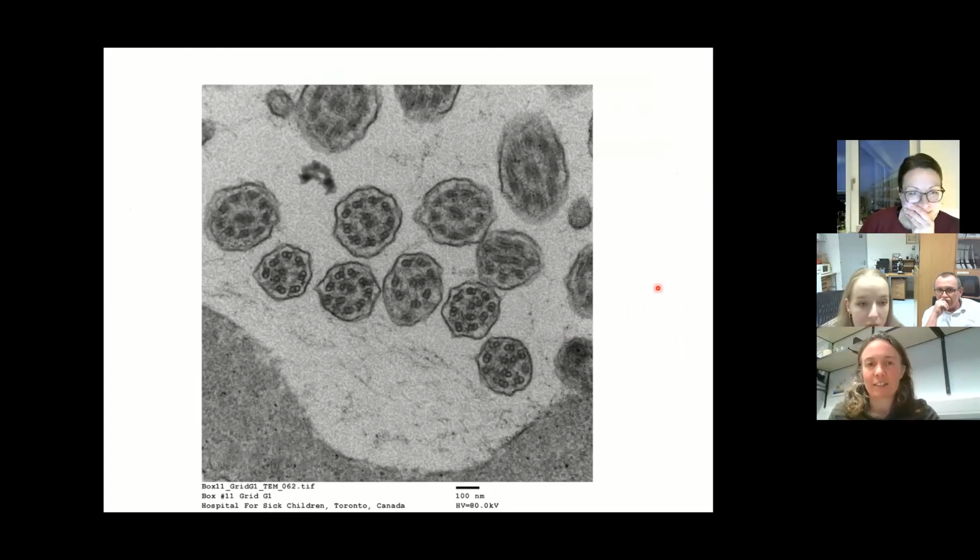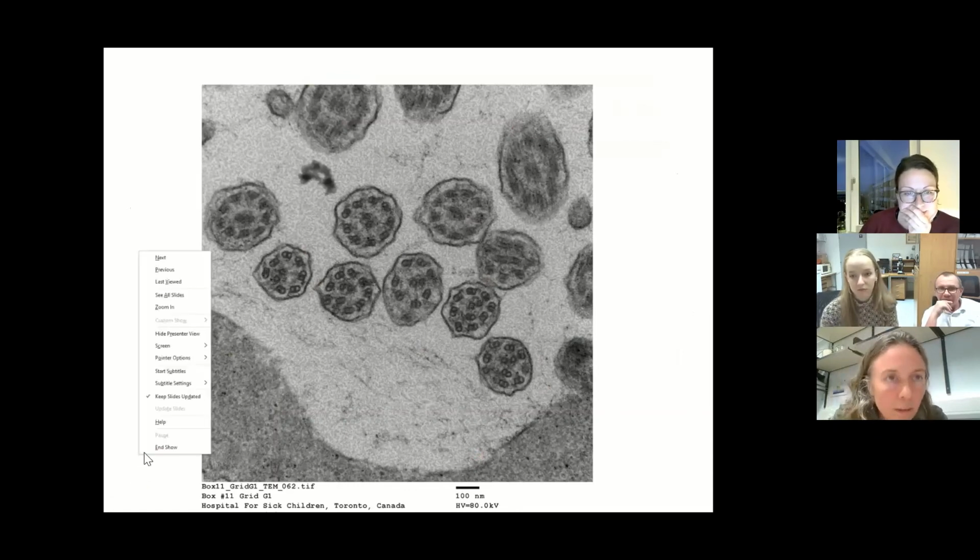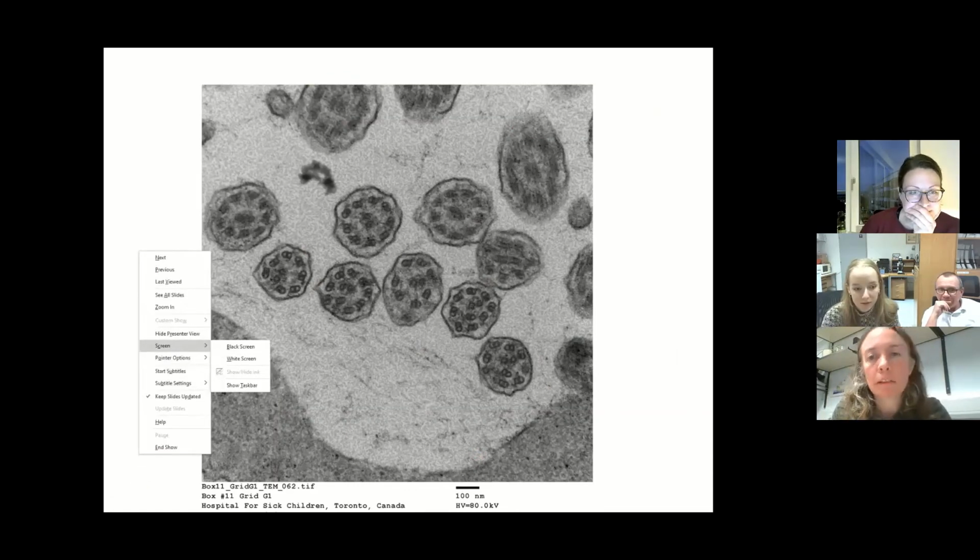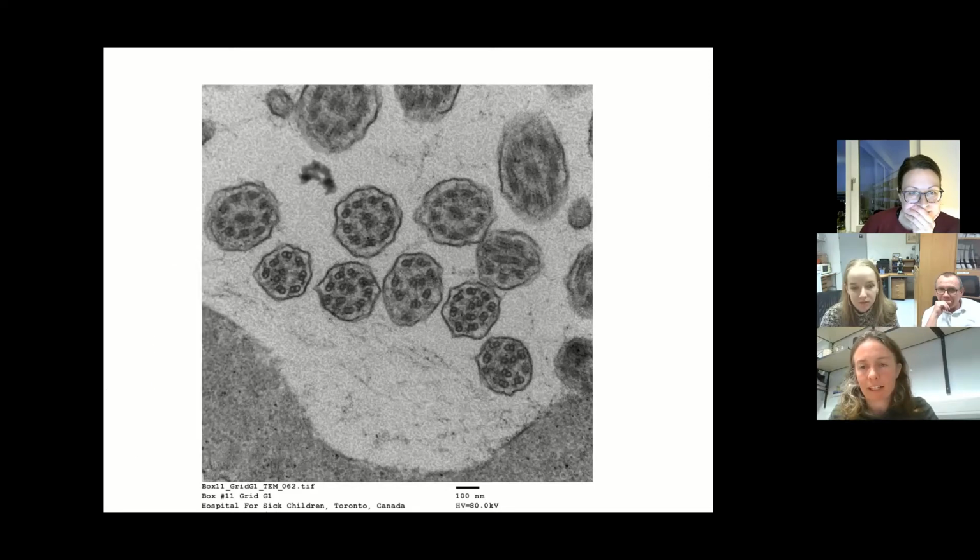And I actually can't see the chat, so I also can't turn off my laser pointer, which is really annoying me. Okay, I'm going to assume that some people have made a decision on